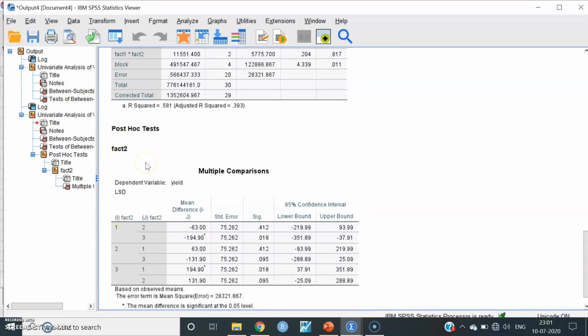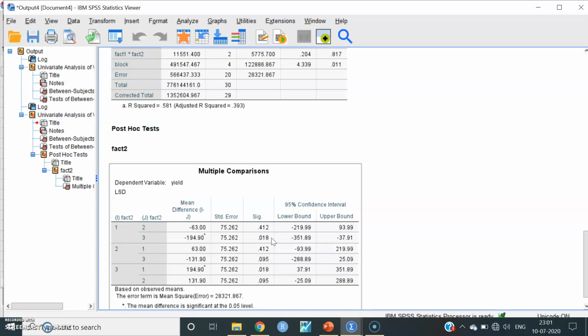This is the multiple comparison procedure for our factor 2. In our factor 2, 3 levels are there. Here pairwise comparisons are given: level 1 with level 2, level 1 with level 3, level 2 with level 3. If you see the significance values of these pairs, only the 1 with 3 pair is significant at 5% level of significance, because its probability value is less than or equal to 0.05.